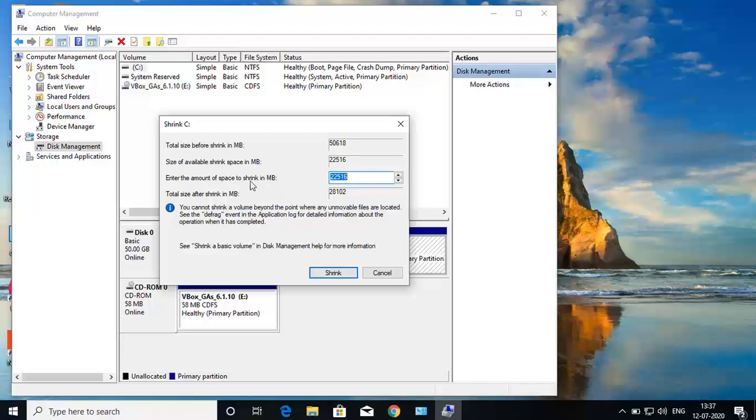In this field it is asking for the amount we want to shrink. Suppose at present I want to shrink only 5 GB, or make another partition of 5 GB. This is in MB.